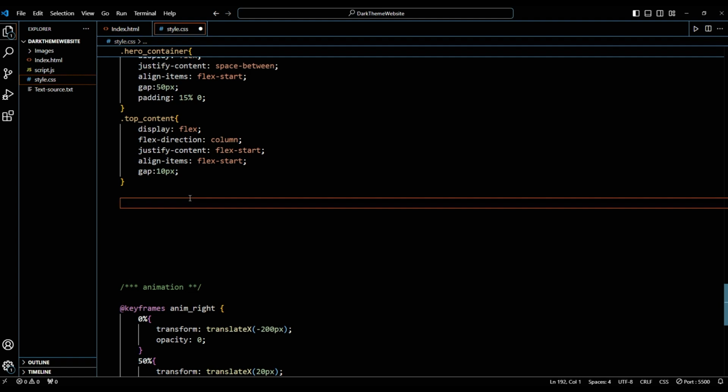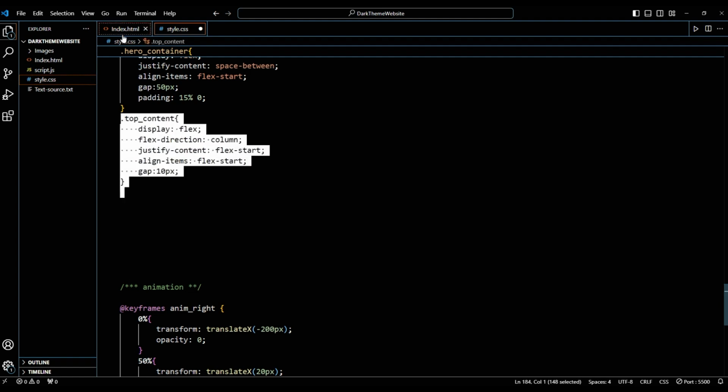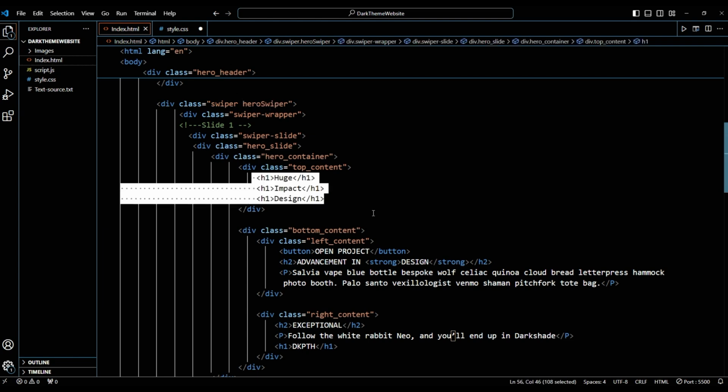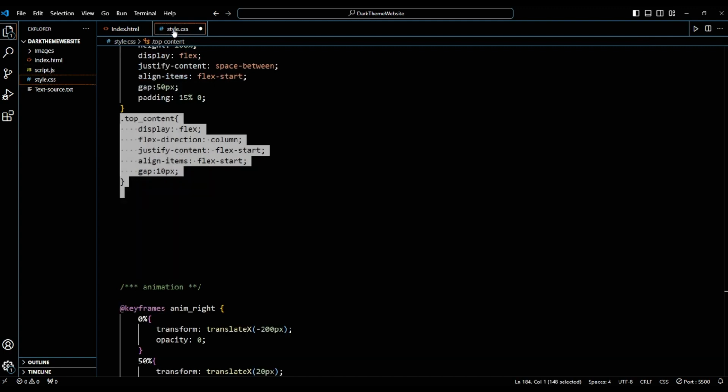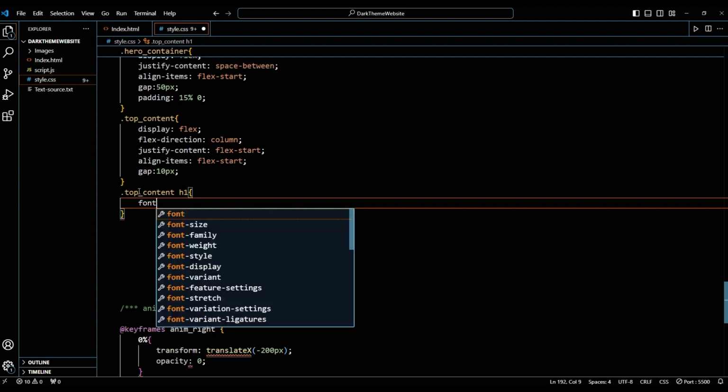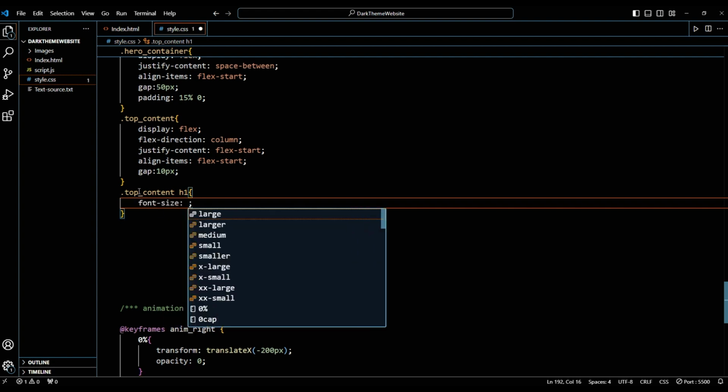all the CSS for the top content, means we are right now in this top content, correct? So we have to define CSS for the section, and then we have to define more for the bottom and left and right content. So let's move to the CSS now. We have to define for the headings. So this is top content h1, and you can see what is the font size for the h1. So we have